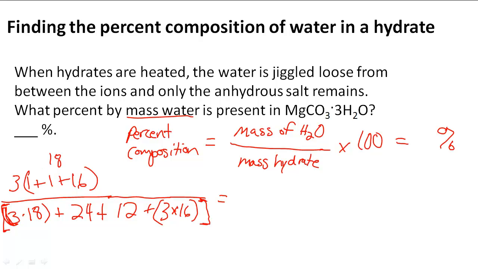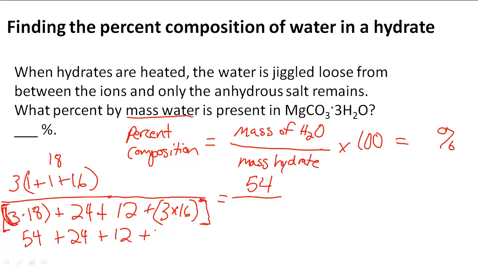So what we have to do is 3 times 18, which equals 54. So 54 on the top, and now we have to figure out the number at the bottom. We know this number is 54 because we just did 3 times 18. This is the water part of the hydrate, so it's going to be 54 as well. So 54 plus 24 plus 12 plus 3 times 16,